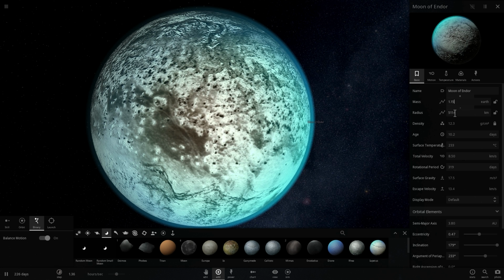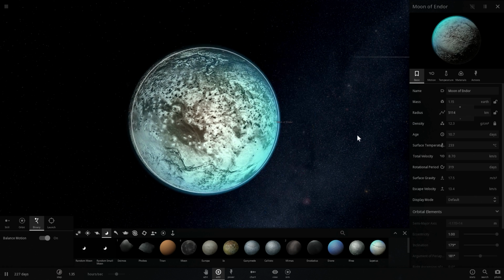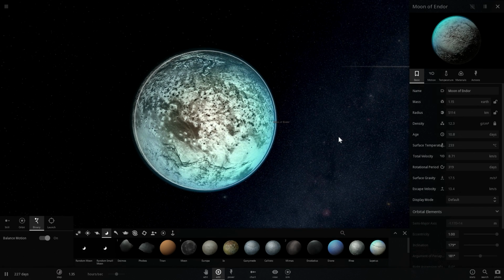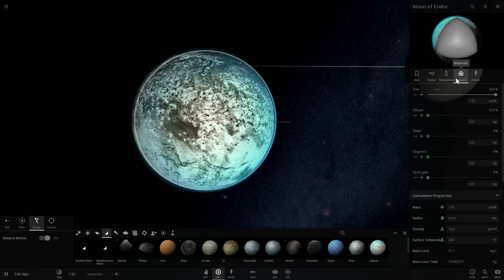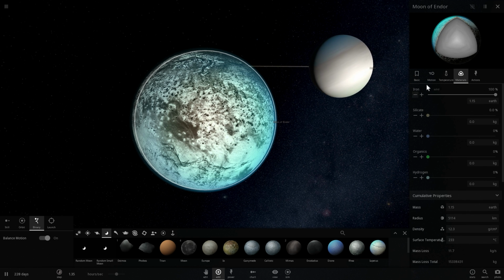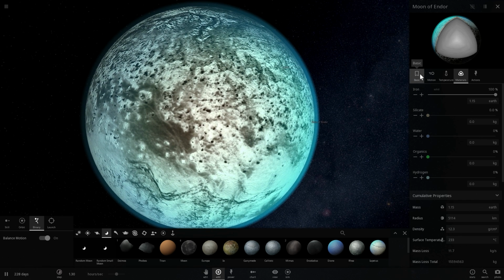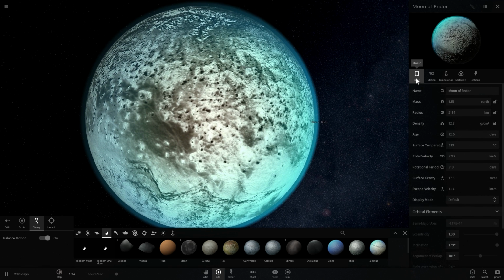We also have a radius of 5,114 kilometers, but this is almost double the size of the actual moon, according to Wikipedia. On Wikipedia it says that the radius of this moon is about 2,500 kilometers, so it's actually much, much smaller. Which suggests that this moon has a very, very high density, and even if I change everything to iron, which is the most dense material we have in this game, it still doesn't reach the required size, which suggests that